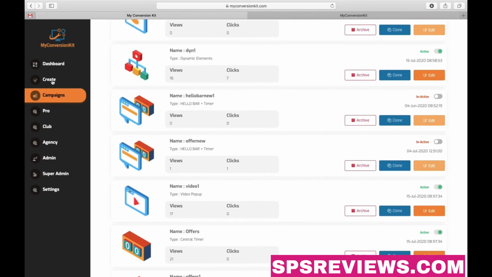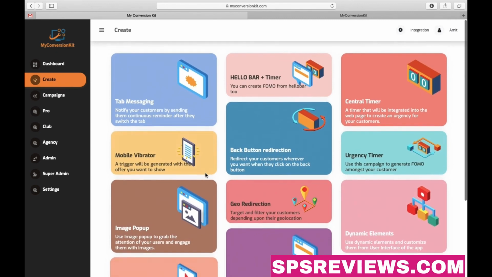So it was a demo for just two of our tools, and there are total 13 different conversion boosters available inside this whole package. So see, just with the two of these tools, you can do this much of wonders. What you can do with the complete suite.